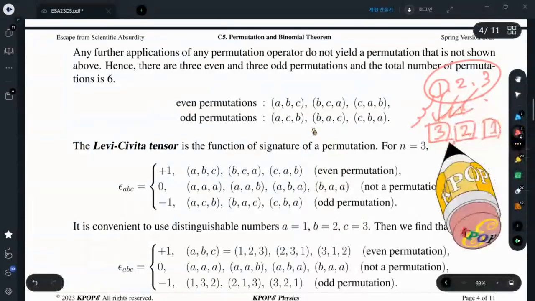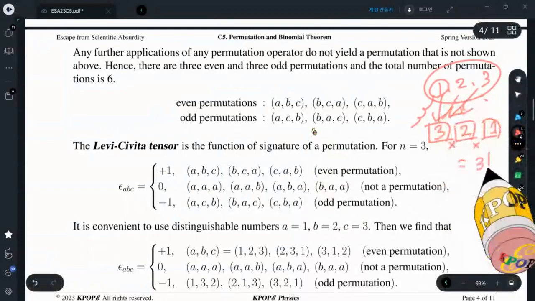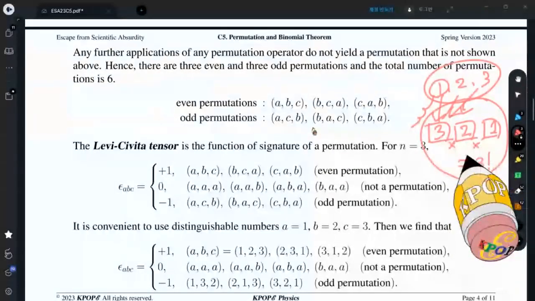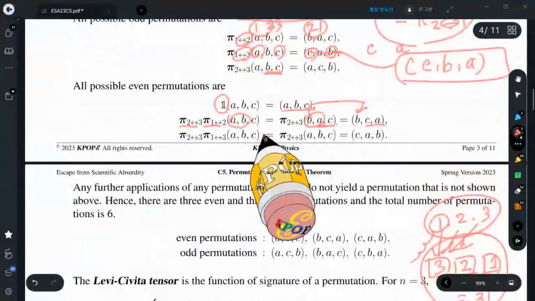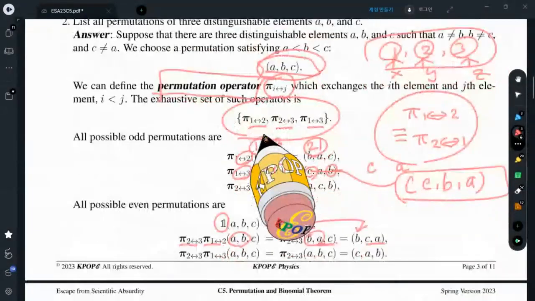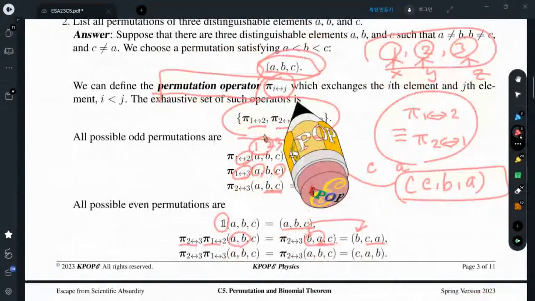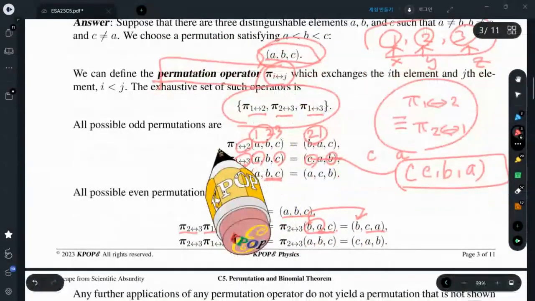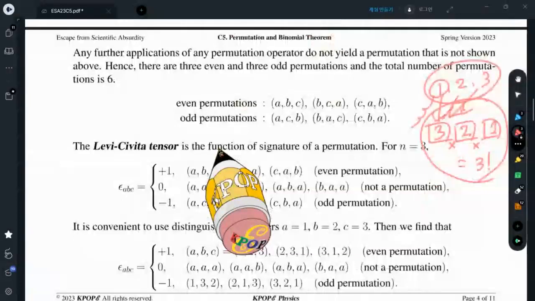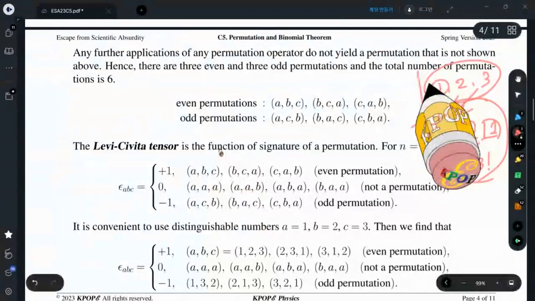So you compute this one as 3 factorial. That is the number of permutations, something like that. But the viewpoint of permutation in this manner looks cumbersome. However, it is very, very efficient when we have a number of particles and number of indices. This is the simplest way, this rather than this. Anyway,